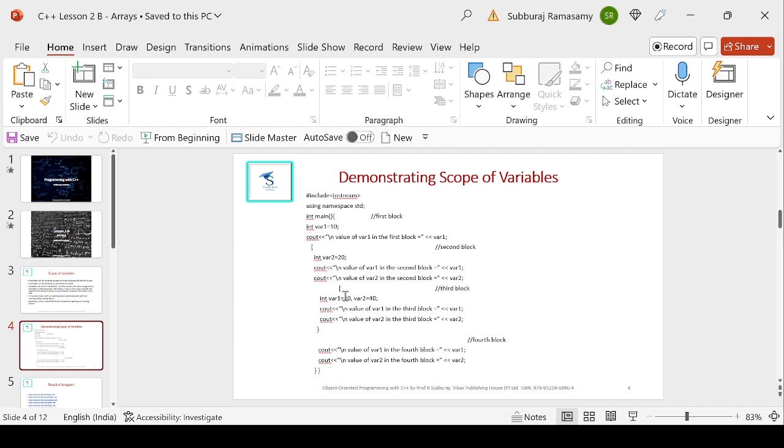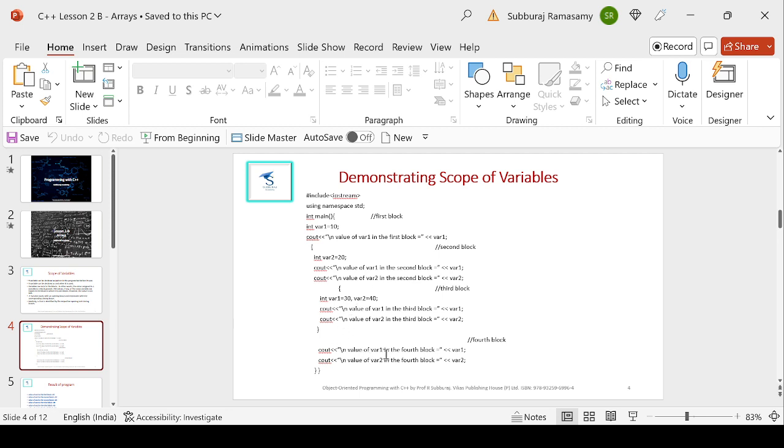Then another block, the third block, where I am redefining var1 as 30 and var2 as 40. Naturally, var1 will be 30 and var2 will be 40. Then when we come out of it, we go back to the main block. This block is over, and this will be the main block as well as the first block and second block.